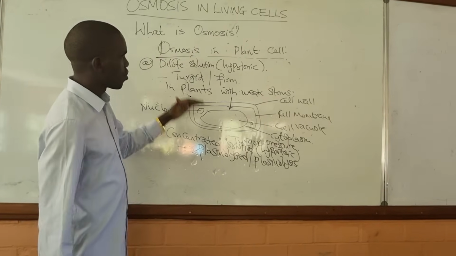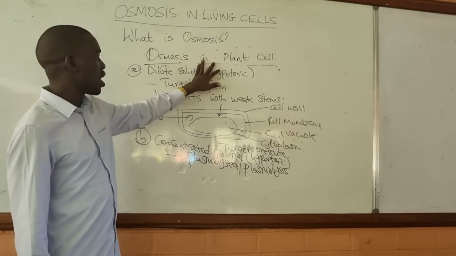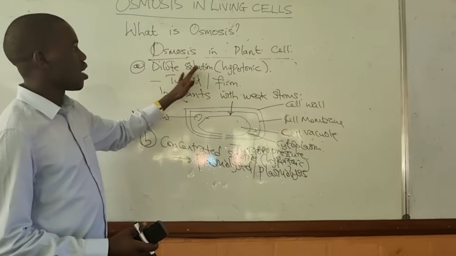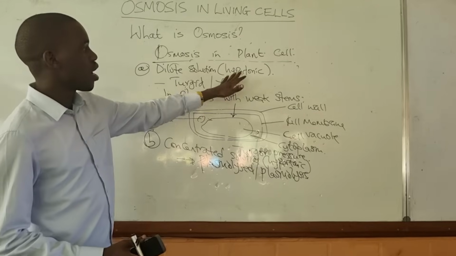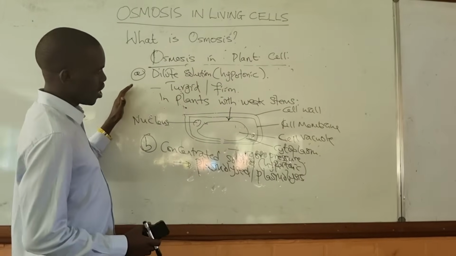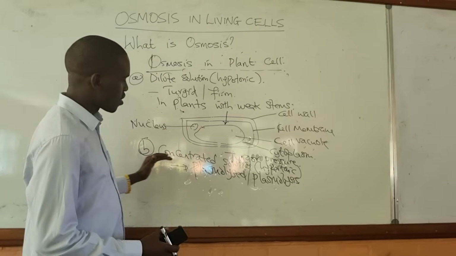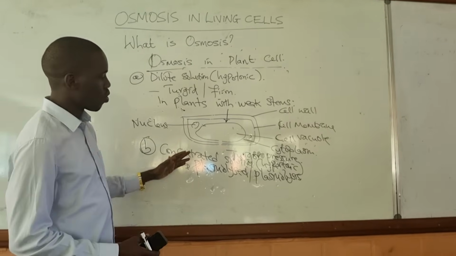Then we have also looked at osmosis in a plant cell. What happens if you put a plant cell in a dilute solution, or what we call hypotonic solution, and then what happens if you put a plant cell in a concentrated solution, or what we call